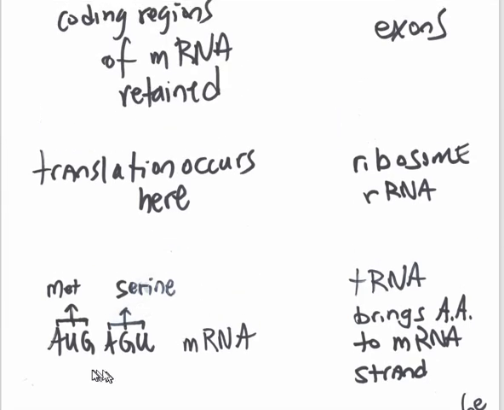I used a lot of artistic license here, so bear with me. I don't think I've ever seen anyone do a drawing exactly like this, but here goes. When a messenger RNA strand arrives at the ribosome, which is a different kind of RNA, by the way, it's ribosomal RNA,